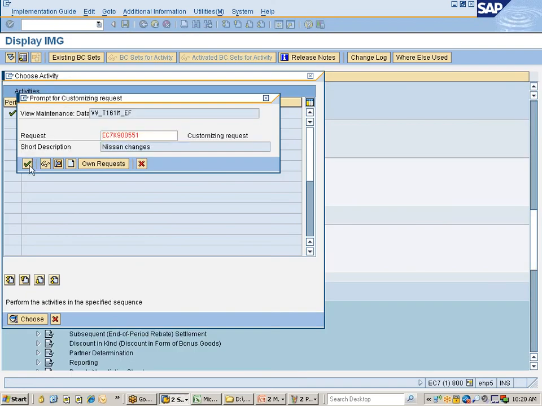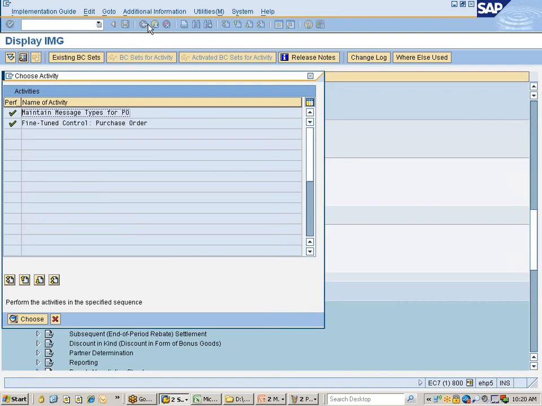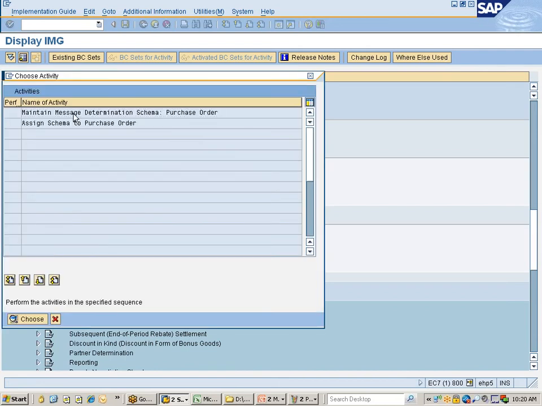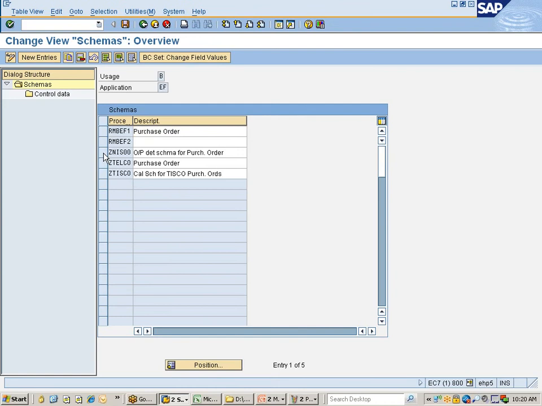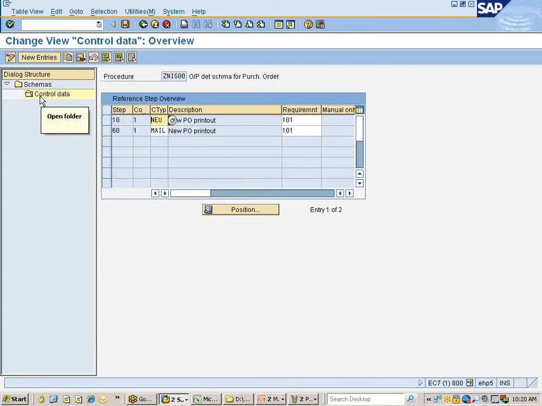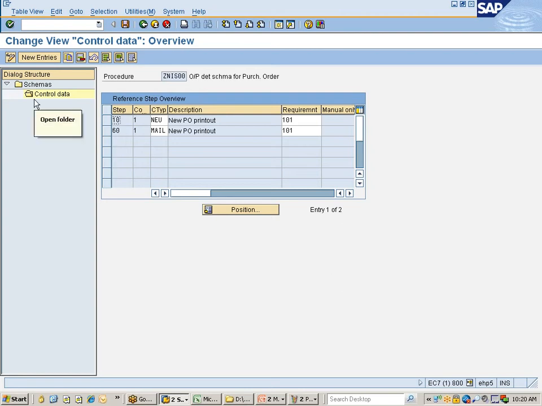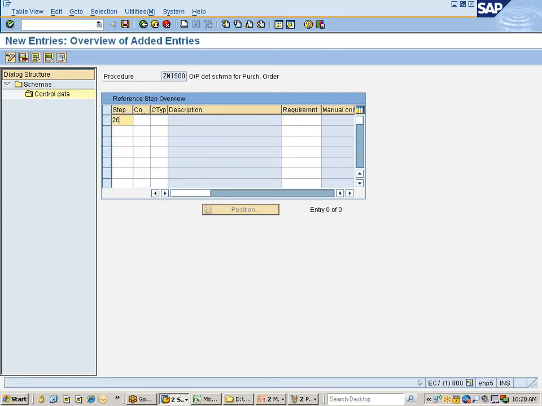Once you are done with this, what you can do is you can go back to your message schema that you have defined in the previous step. You see here define message schema for the purchase order. You go to this maintain message determination schema. This is your ZNIS00 output determination schema. Now you go into this where you add your new message type here. Okay, before that look at here, 10 and 60 are there, 20 is not there. In case you want to make it as step number 20,